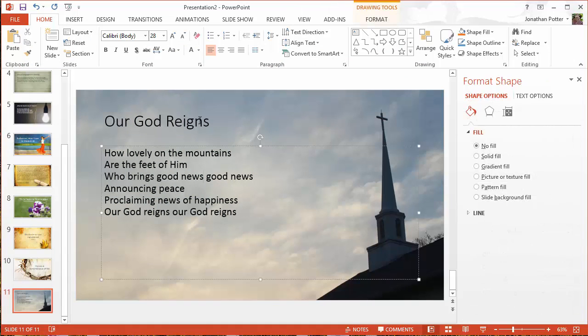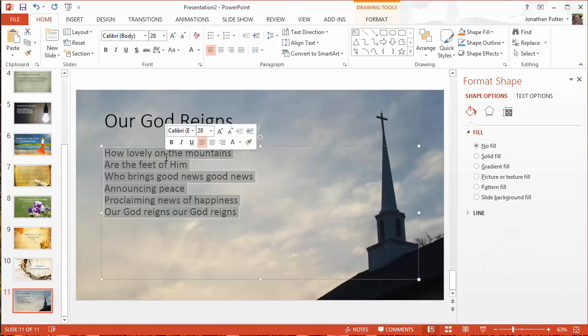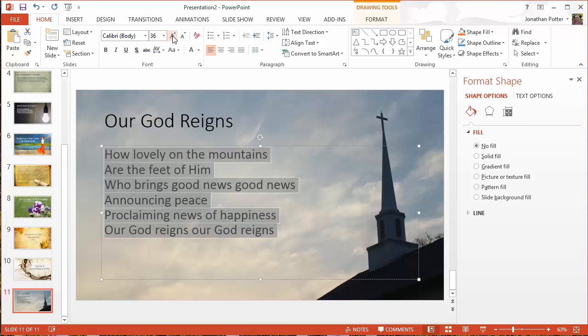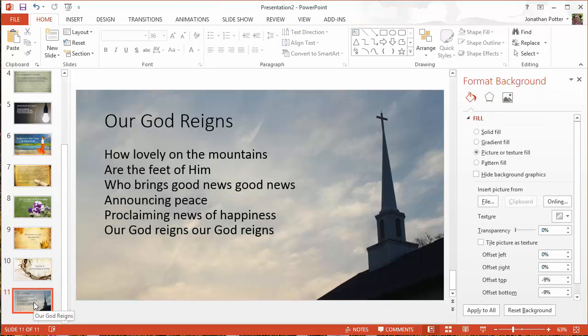Alright. I'm going to actually make the font size a little bit bigger on this because people are actually going to have to sing it. So I'm just going to increment the font size a couple of times. These are the increment and decrement buttons for the font size. And now I'm just going to go ahead and copy and paste this